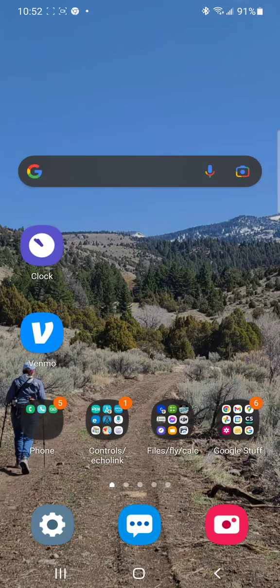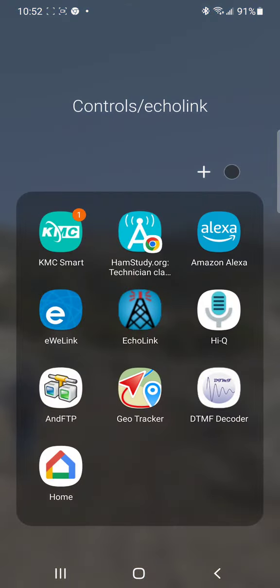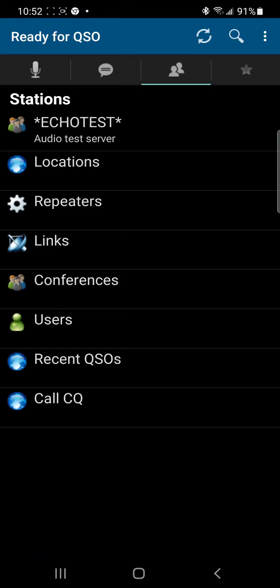To open the EchoLink app, and when it comes up we get this screen showing the people icon, in other words locations of repeaters, conferences, and many things, and also Echotest audio test server. So let's go to the star,